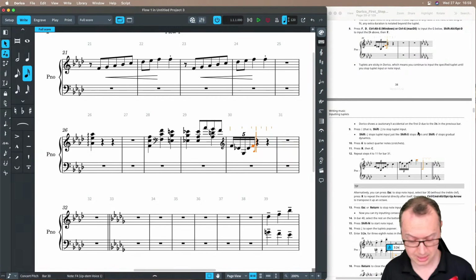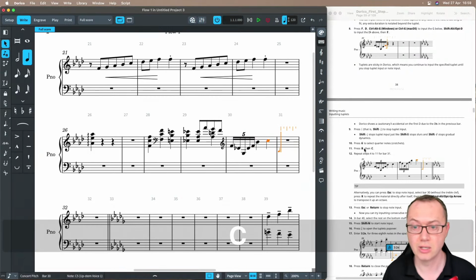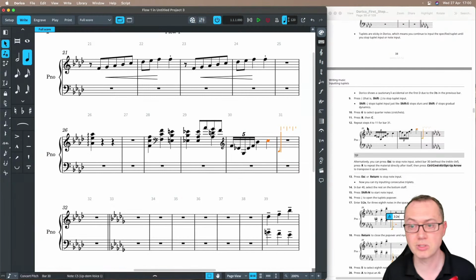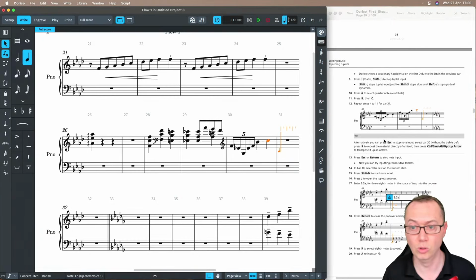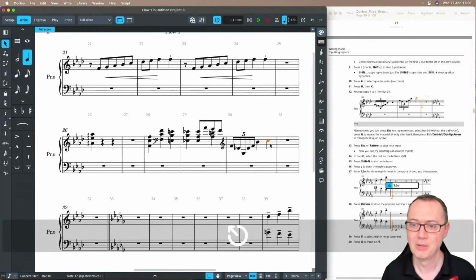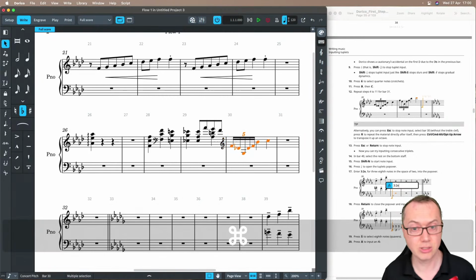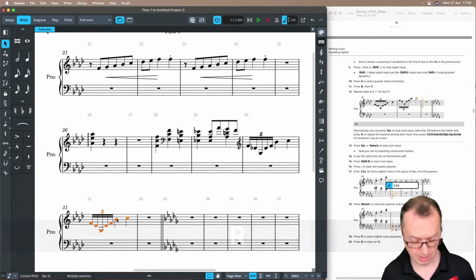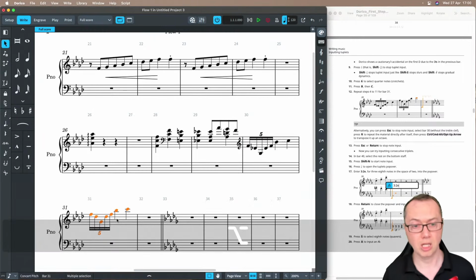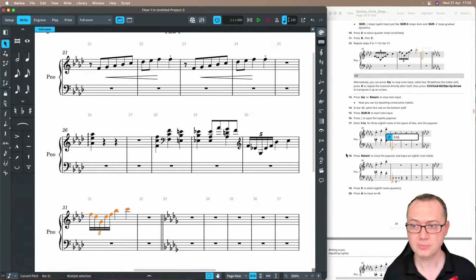Now I'm going to press 6 and I'm going to press B, C, and enter the other two notes. And then it says repeat steps 4 to 11 for bar 31. Or, tip, turn off note input, select these. Now, what you want to do is Command-select this treble clef because you don't want to repeat that. Press R to get this down here,